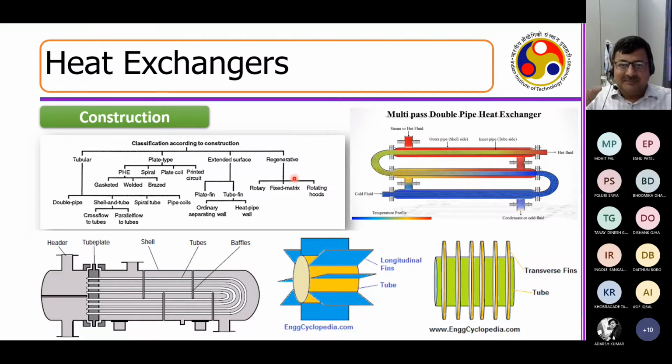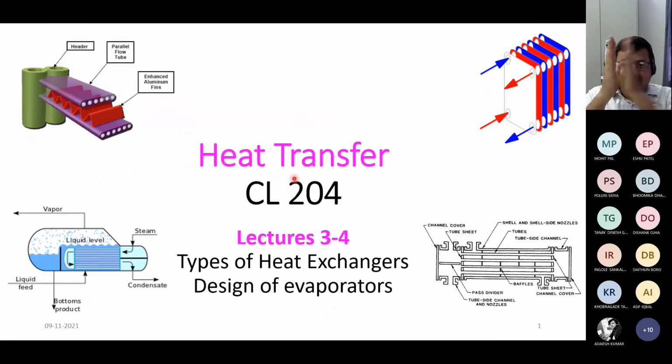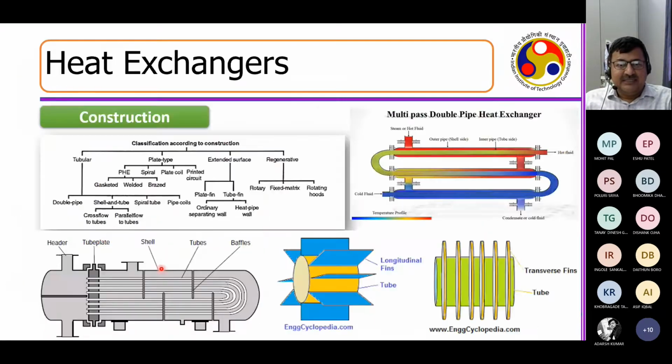One is a pipe type, one is a plate type. So you can see here, this is a plate type heat exchanger, I will come to that. This is a tube and piping heat exchanger. Then you have extended surface, which are all fin tube heat exchangers. And then you have a regenerative heat exchanger. So these are 4 types. The other varieties, you just go through them. There are different sub varieties, but these are essentially the 4 different types of heat exchangers in terms of construction.